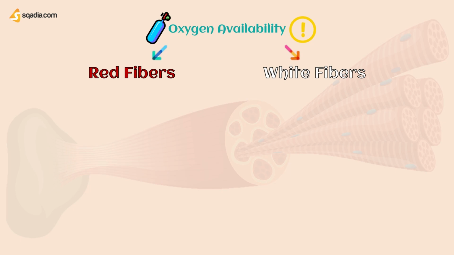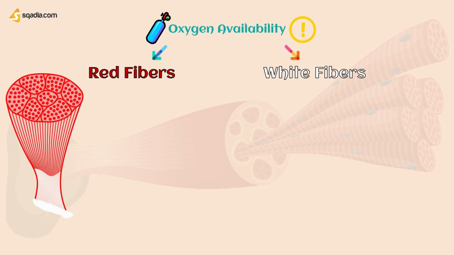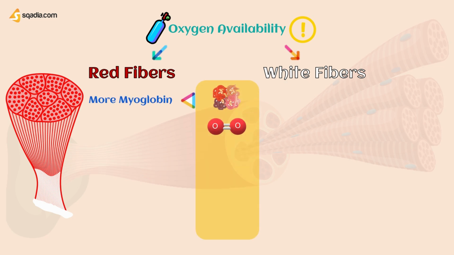The red color fibers are due to the presence of myoglobin. Myoglobin is a pigment that is reddish in color, so that is why the fibers appear red due to the higher concentration of myoglobin in them. Myoglobin acts as a store of oxygen within the muscle fibers. So, the red fibers work more in the presence of oxygen, and that is why we name them aerobic